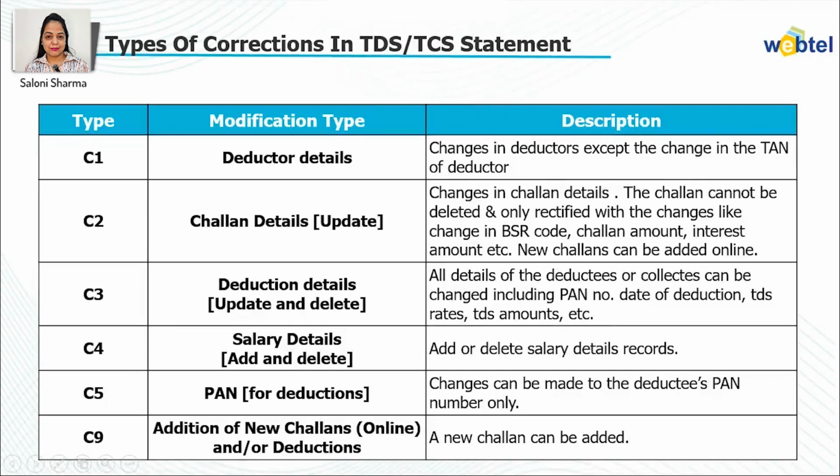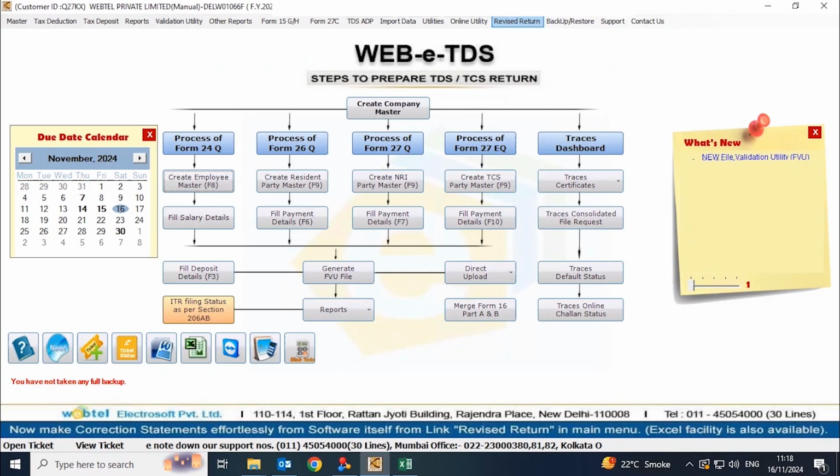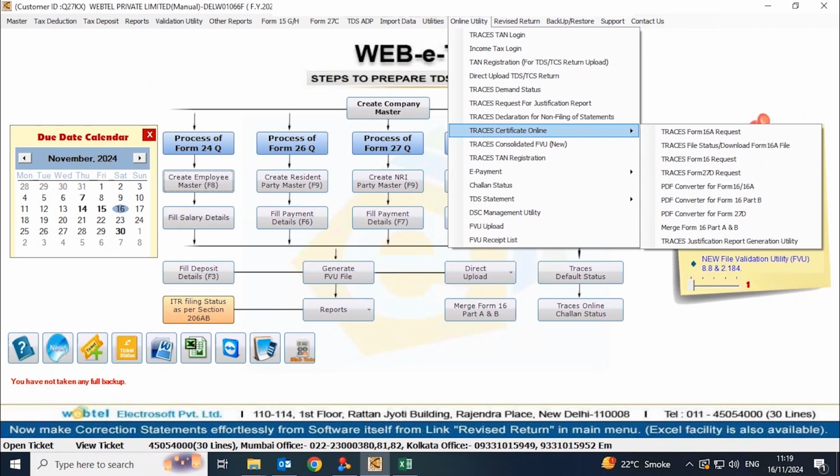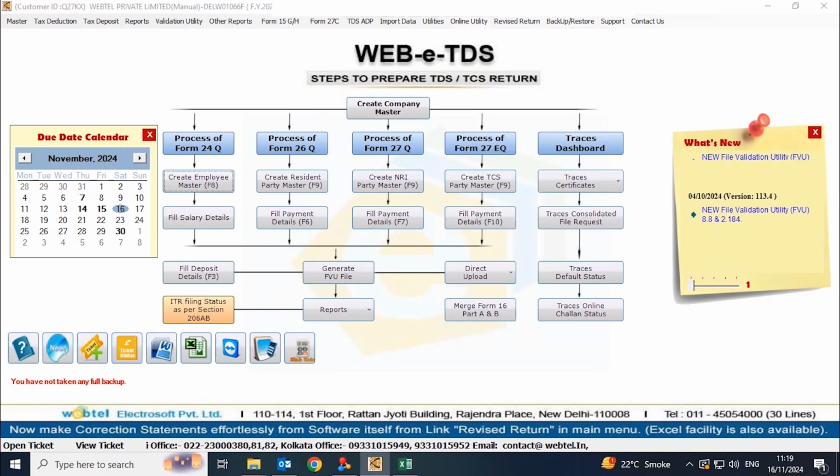Now let me show you how you can convert the justification report through WebbyTDS software. For that you need to go to the WebbyTDS software. This is our WebbyTDS software where you need to click on the online utility button, and after clicking on online utility you need to click on TRACES certificate online, and then click on TRACES justification report generation utility. And after clicking on that,